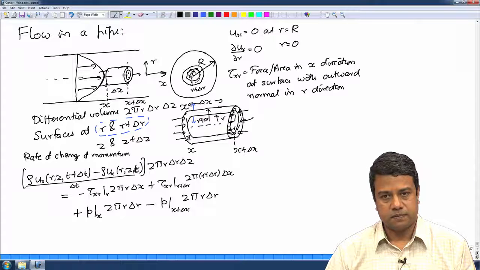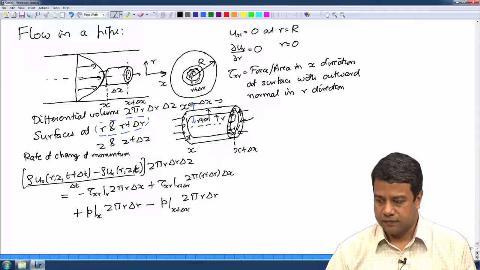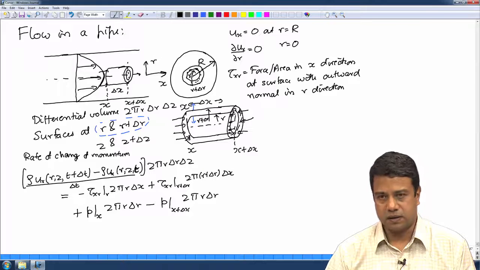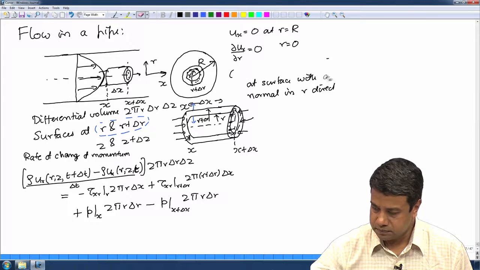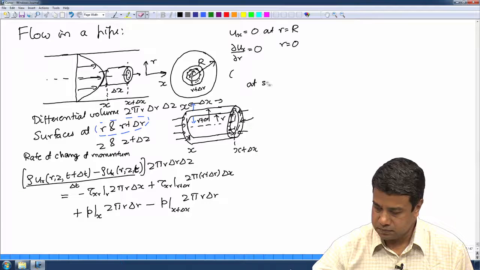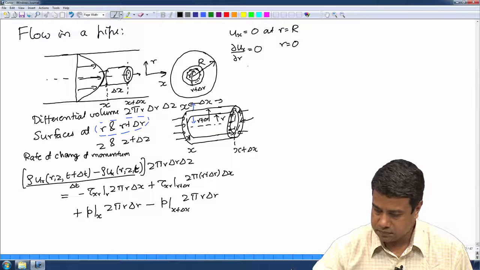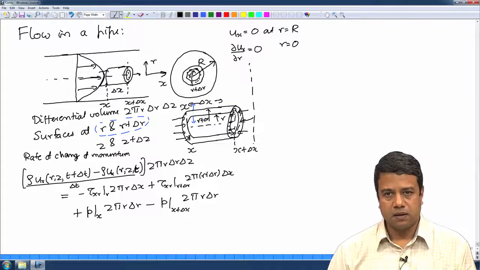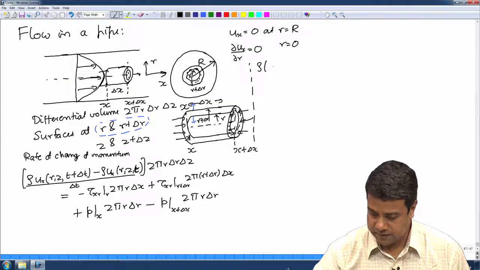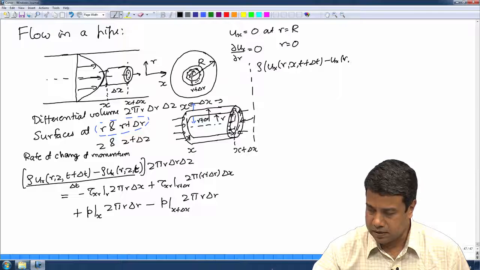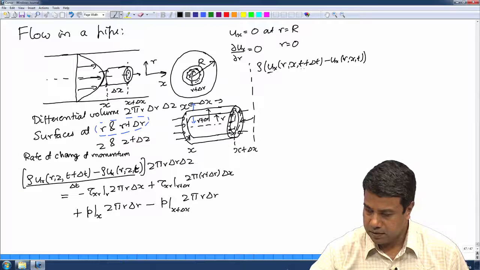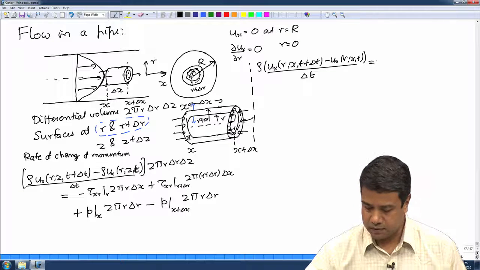So, this is the balance equation. I have to divide throughout by the volume. Volume in this case is 2 pi r delta r times delta z. If I do that, I will get rho times ux at r, x, t plus delta t minus ux at r, x, t, divided by delta t, is equal to